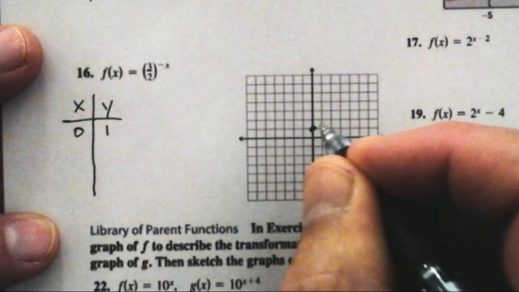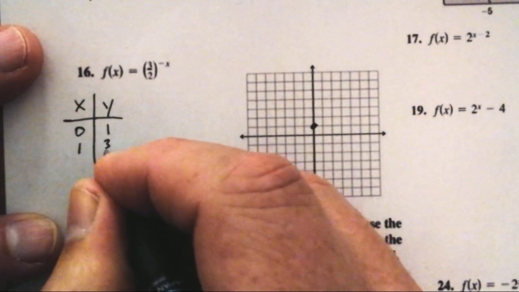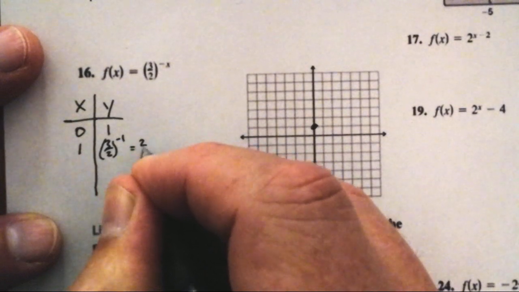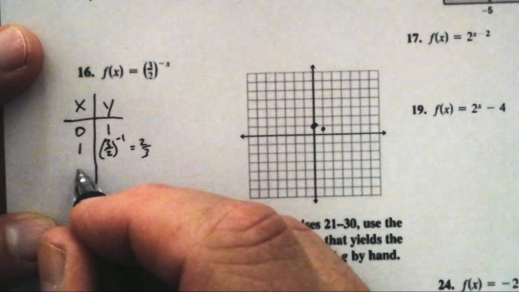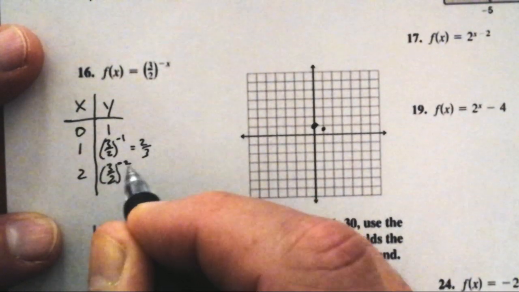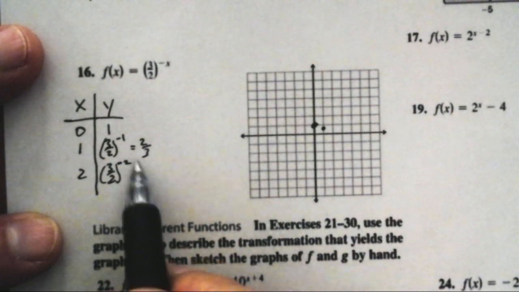Same pivot point. When I put in 1, I get 3/2 to the -1st, or 2/3. 1 gets me 2/3. When I put in 2, I get 3/2 to the -2nd, or 2 on 3, but squared,